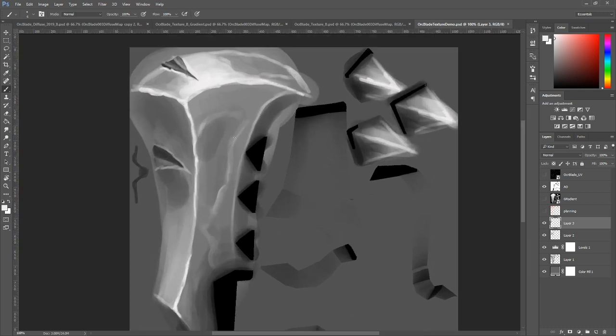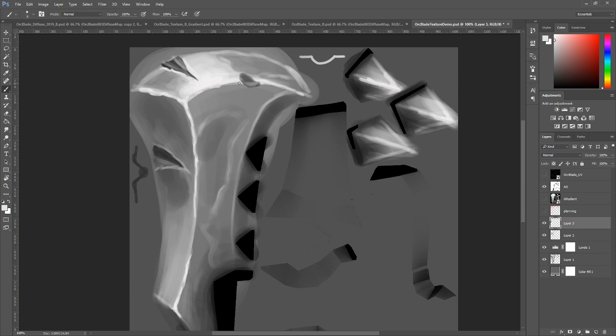You want to start with a darker area, where the surface makes this movement, but you also want to shade this a bit as well,